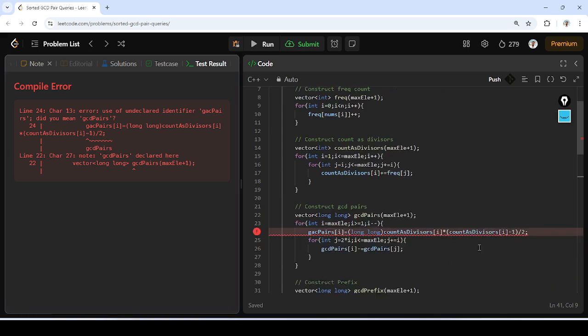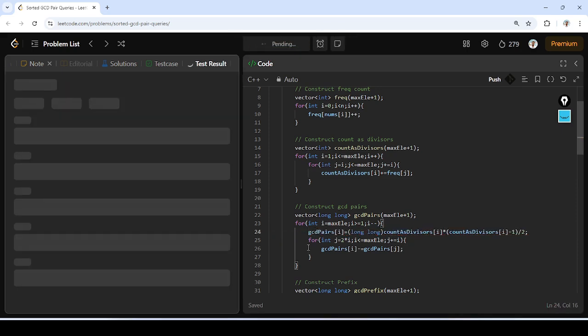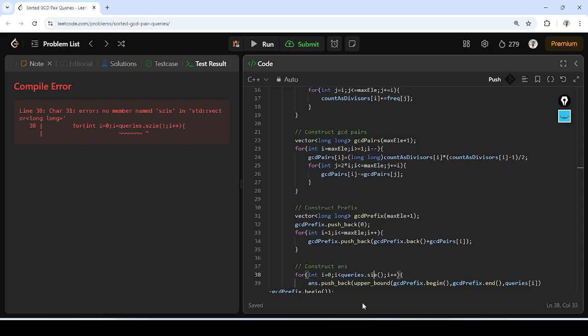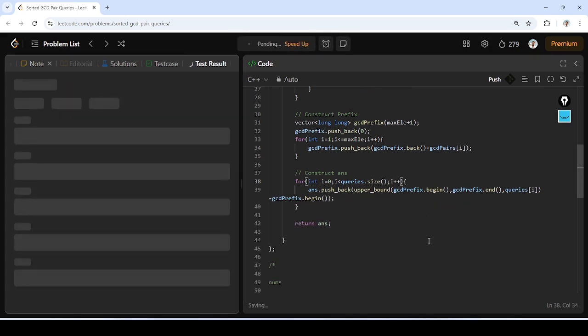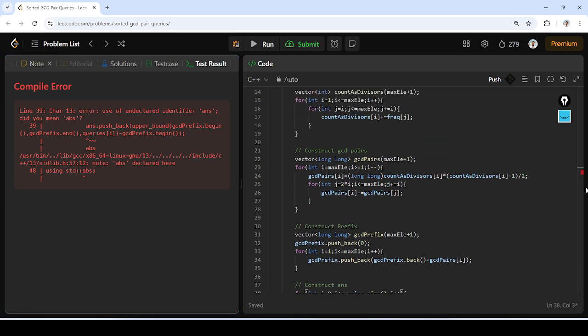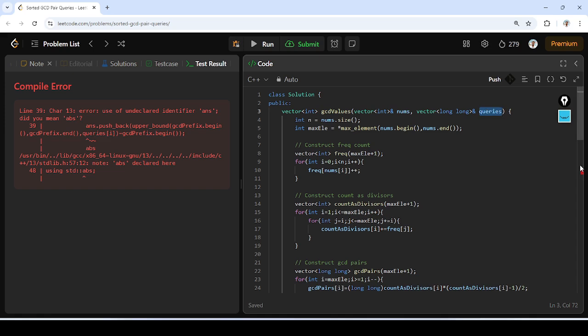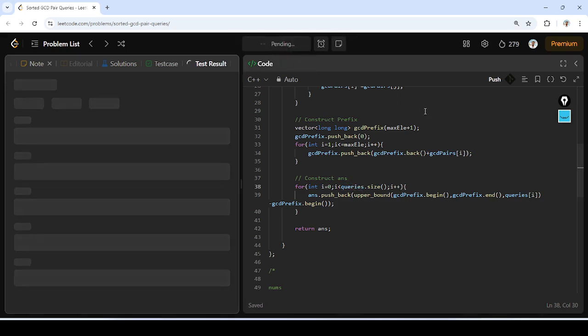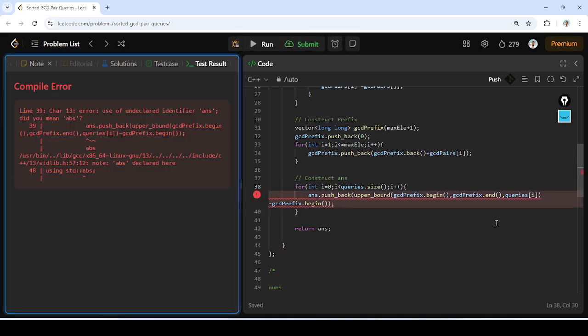Alright, there is some mistake. GCD pairs, stored size. I'm sorry, spelling mistakes. Queries. I hope this is it. Let's see if this works out. Alright, now it's